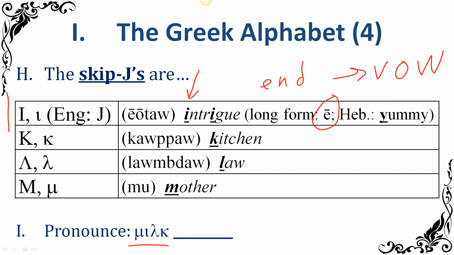When you see the symbol, depending on where you see it determines the sound it makes. Exactly. So if it's at the end or if it's followed by another vowel, it says its name. Otherwise, it's the short I. And then there is a weird exception in Hebrew names, and it's only in Hebrew names. It'll sound like the Y in yummy. So it's not Jesus, it's Yesus. It's not Jerusalem, it's Yerusalem. And there's always got to be one problem there. Yeah, there's always got to be one that's out there. So yeah, iota is that one. It only says its name if it's at the end or if it's followed by another vowel. Otherwise, it's the I in milk.